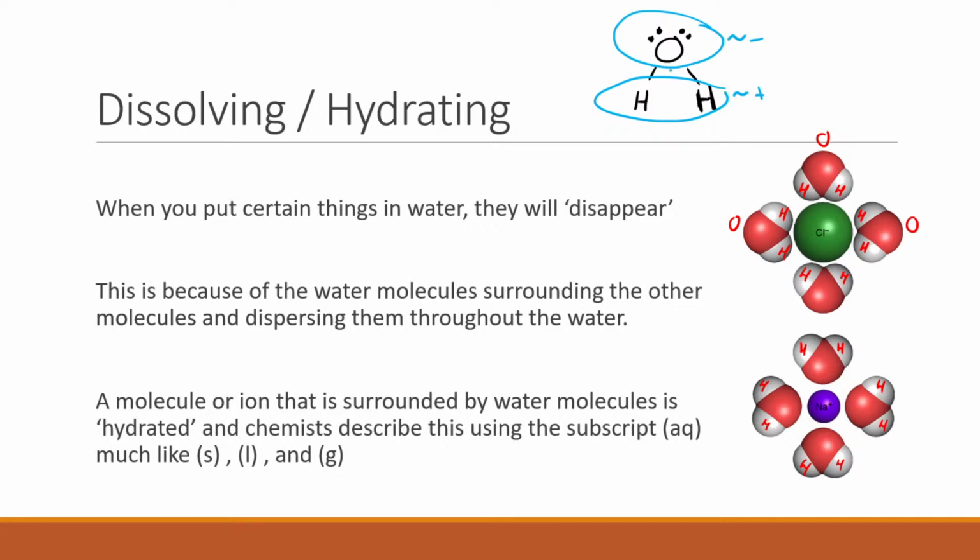And so taking the polarity of water in mind, when we look back at this, we've got a negative ion here with the chlorine, and the positive end of the water is attracted to it. On the other hand, we've got the positive ion in sodium, and the negative pieces of the water are attracted to that, right? Opposites attract. And water being polar is one of the most important reasons why things dissolve in it. Water's polarity allows it to dissolve other polar